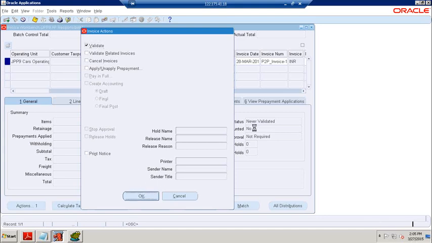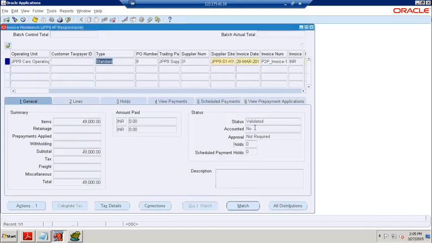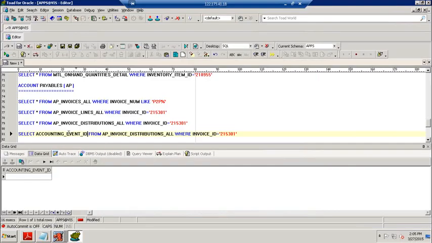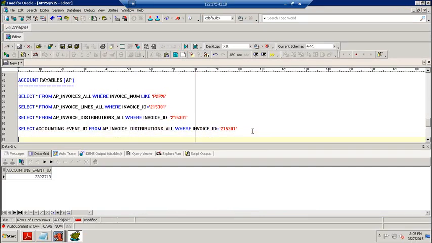Now we validate this one. Click on OK. Now the system is going to validate this invoice. Status is validated, and check the event ID. Once we get the event ID, now we want to create the accounting for this invoice transaction.